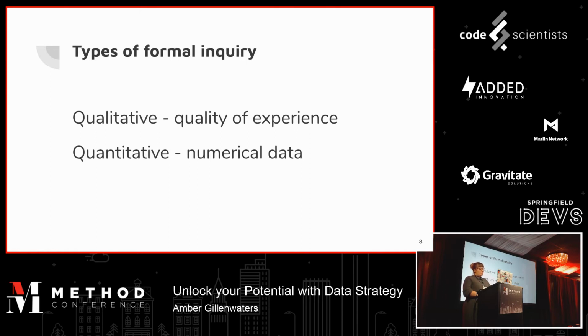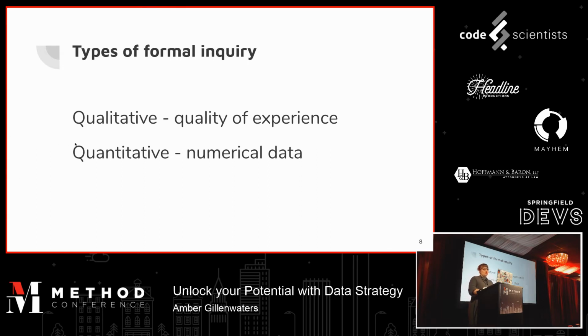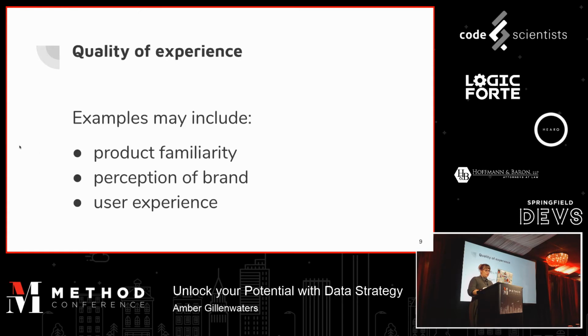A reminder, if you've heard this before, quantitative is typically numerical data, and I'll talk about those a little bit more. Qualitative will be your quality of experience. So it may be more subjective in nature. Quantitative is hard numbers. For quality of experience, I'm going to spend some time on this one because it seems to be really